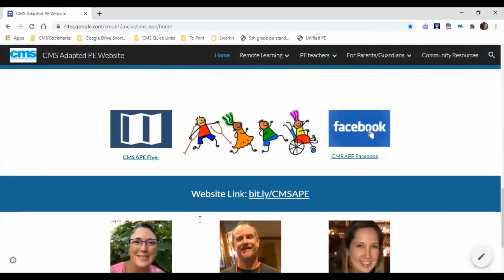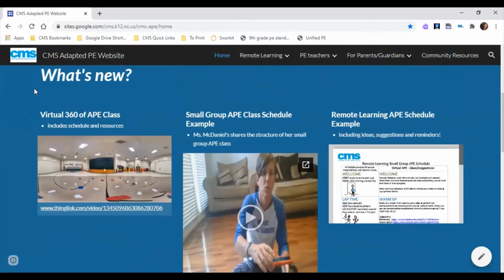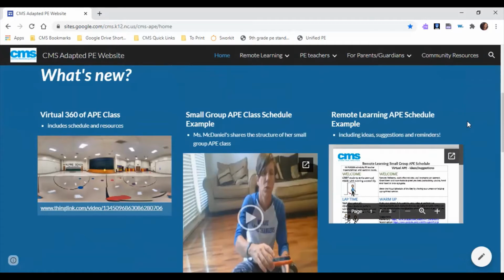I'm going to scroll down so I can show you that. Here's the website link, bit.ly/CMSAPE, all caps. Write that down if you want to look through our website. It's also the easiest way to come back here and find our 360, which is located right here under What's New. It's also located if you go to PE teachers, then CMS APE resources. It's under there too. We decided to do a 360 after attending a PDP last January, and we hope that